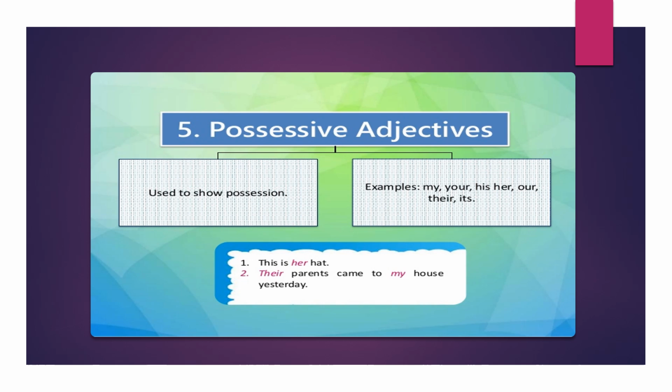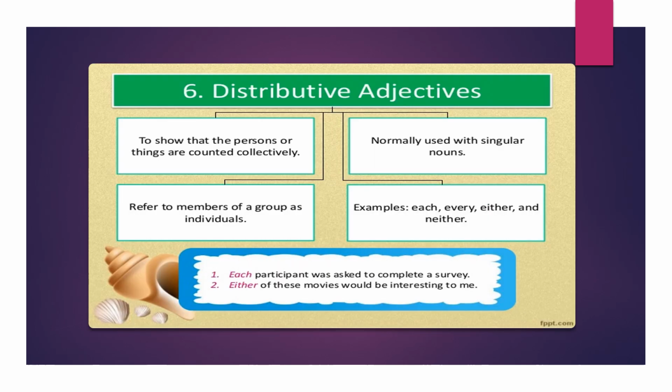The next category of adjectives that we have are distributive adjectives. Distributive would mean that you are collectively counting the persons or things, and because you're collectively counting them and then denoting them using a single common word, distributive adjectives is the name. For instance, we will be using words like each, every, either or neither. Each student of the class is present today. Every student should answer the questions properly. Either Ravi or Krishna was the culprit. Neither Ravi nor Krishna was the culprit.